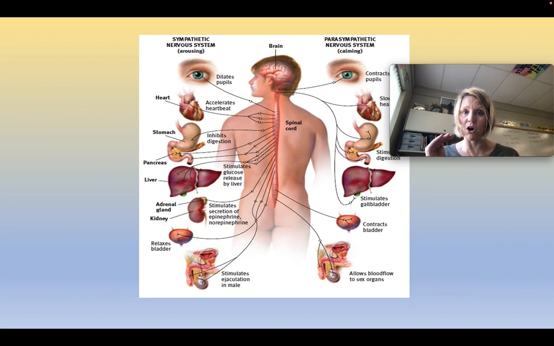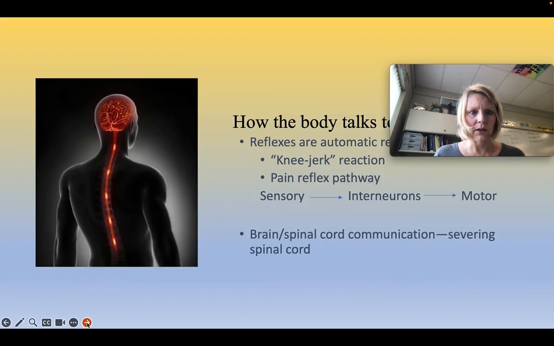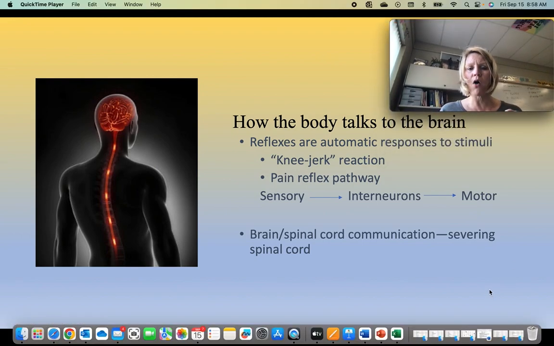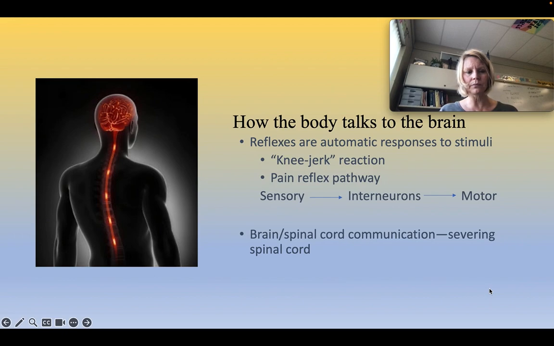The parasympathetic calms us, brings us back down. Pupils contract. Our digestion begins to stimulate. Again, all these things that we just talked about. Okay? All right, and so I want to talk real briefly, the last thing, about how the body talks to the brain. Do you see this? Like these are the